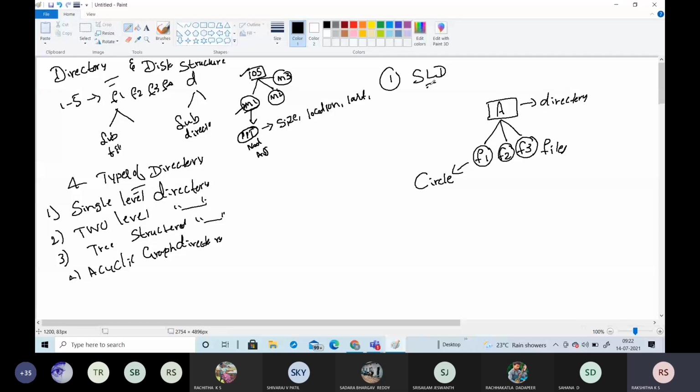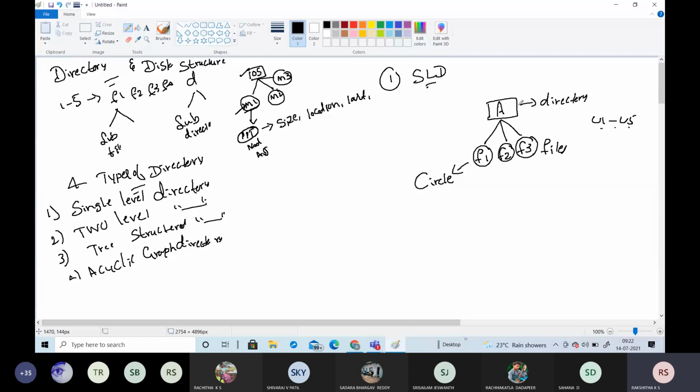In the single level directory there is only one directory for all the users of the system. For example, there are user 1 to user 5, five different users using this system. All these users have to use the same directory. There is no option to use any other directory, because only one directory is present in the system.